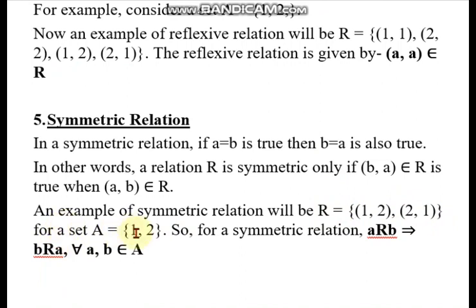Here set A equals {1, 2}. So for symmetric relation, what should happen? A is related to B if B is related to A, for all A, B belonging to the set. That means if any relation R contains (2, 3), then it should also contain (3, 2). Then only we can say that R is a symmetric relation. Or we can also say that